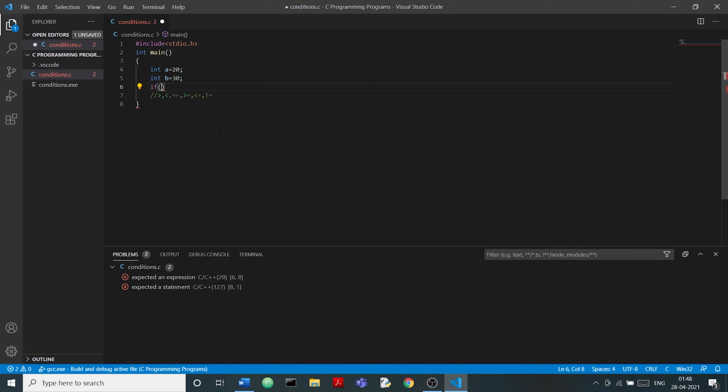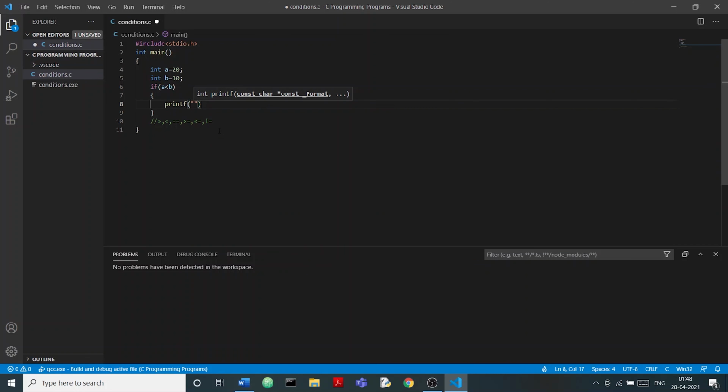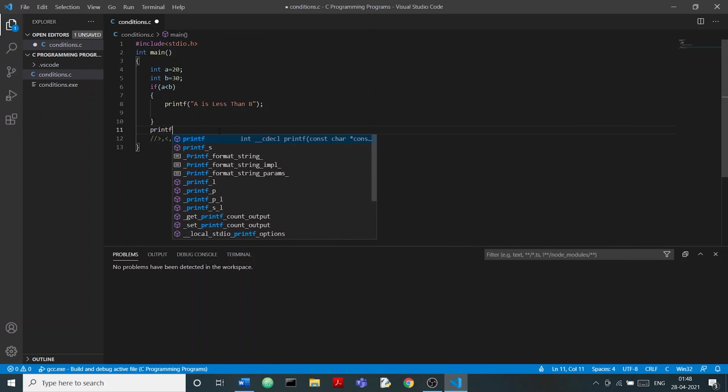And how are they used? Let's have a look. Consider the condition that if a is less than b, then I am going to print that a is less than b. And other than it, I am going to print